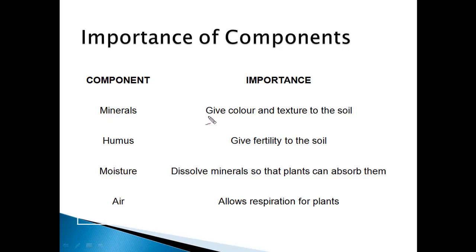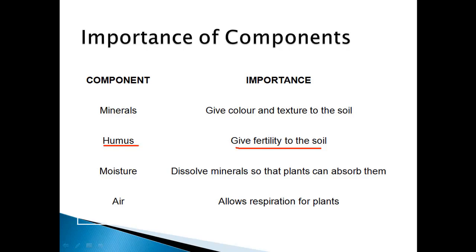Minerals. Minerals in soil give color and texture to the soil. For example, black soil is black in color due to iron content. Texture wise, black soil is clay in nature. Humus. Humus gives fertility to the soil. Humus is a mixture of dead remains of trees and plants, and due to aerobic and anaerobic action,